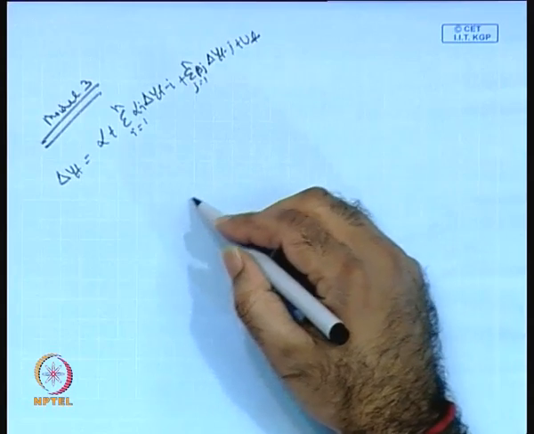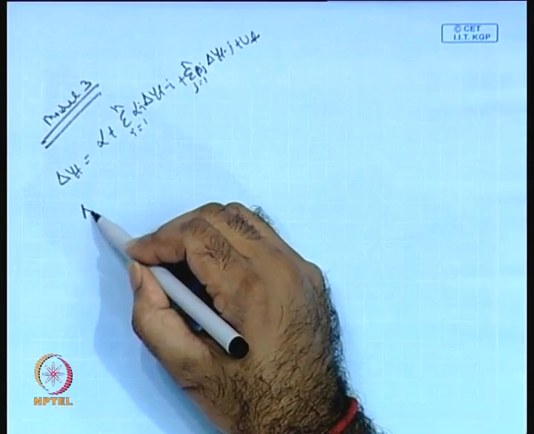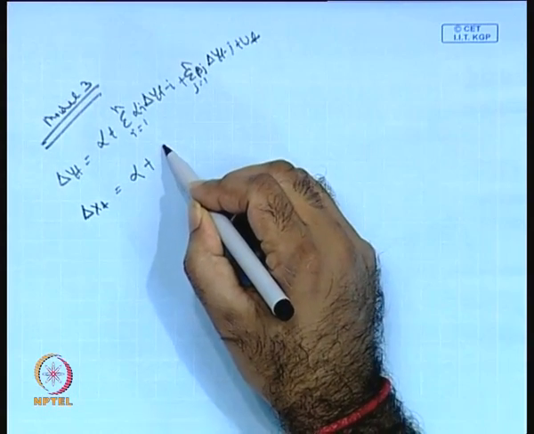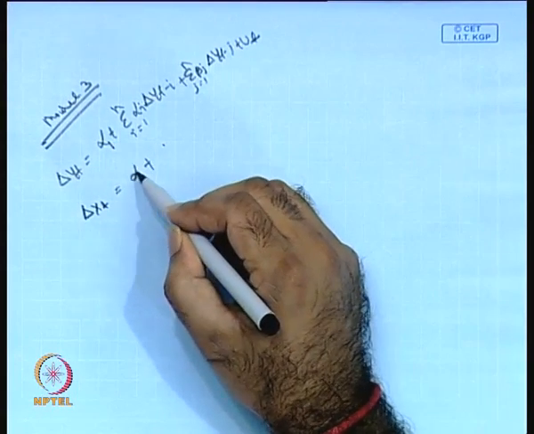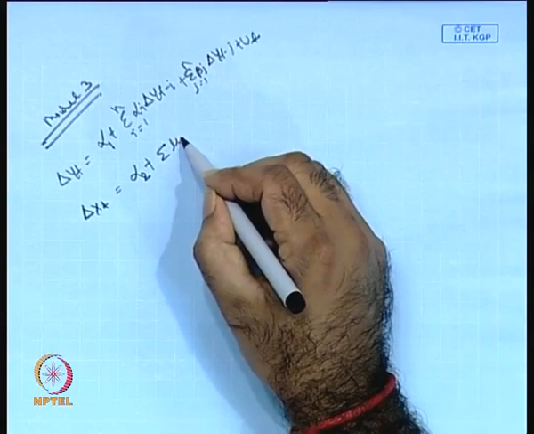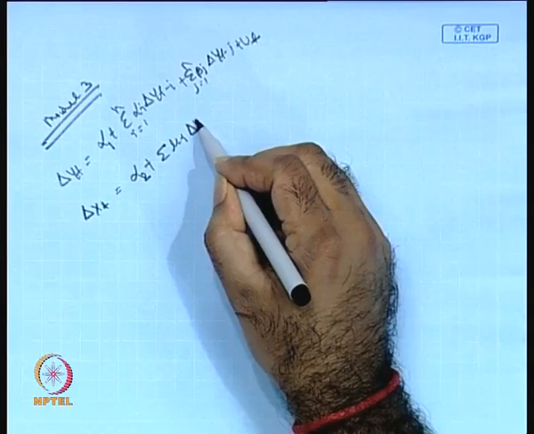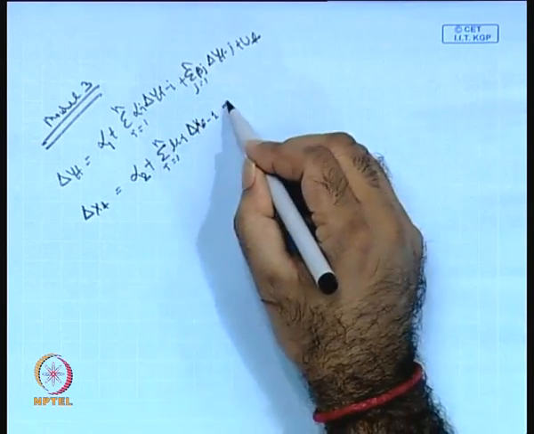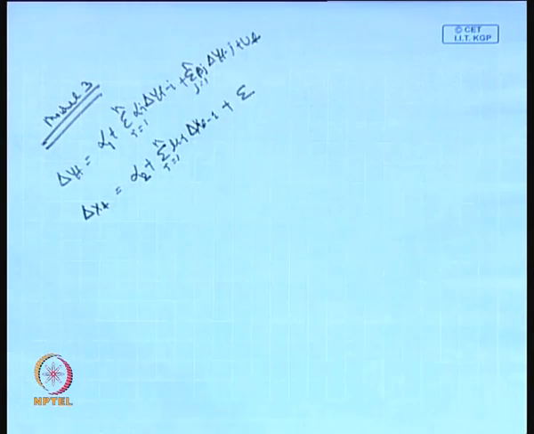So this is one equation, and another equation I will call delta xt equal to alpha, this one I will call alpha 1, this alpha 2, then I will call it mu i delta xt minus i, i equal to 1 to n, plus summation